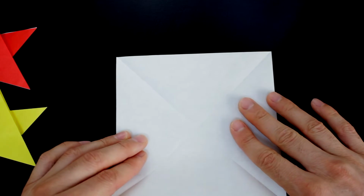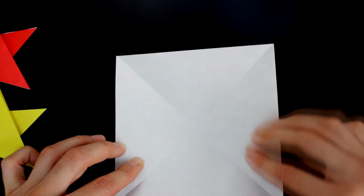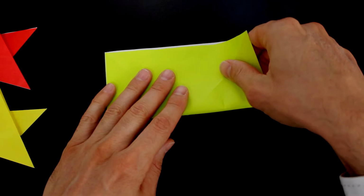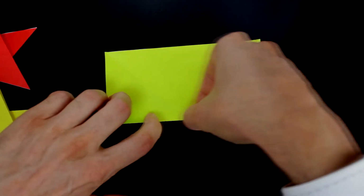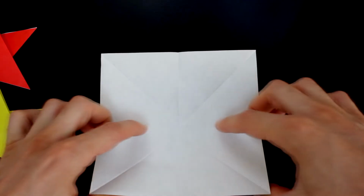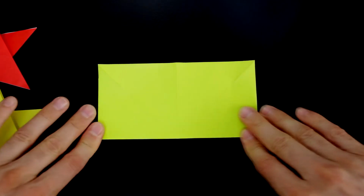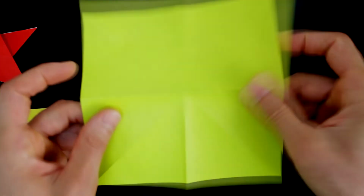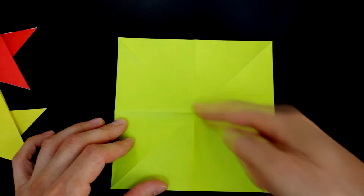Open it up again, and this time let's fold along the half line. So bring the bottom edge to the upper edge, again making sure to align the sides perfectly. Open it up and do it again along the other half line. And crease neatly. Now if we open it up again, we notice that we've created 4 lines, 2 diagonal lines